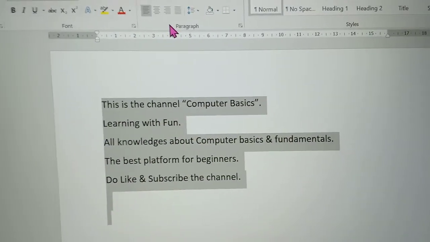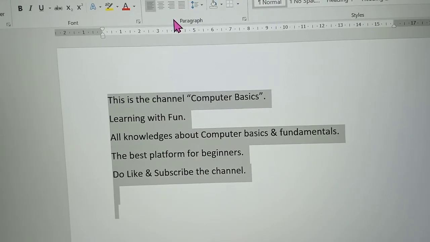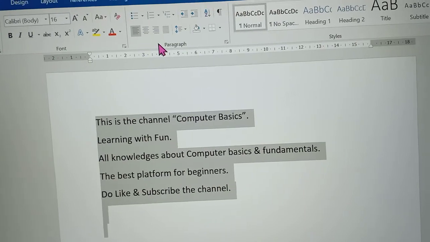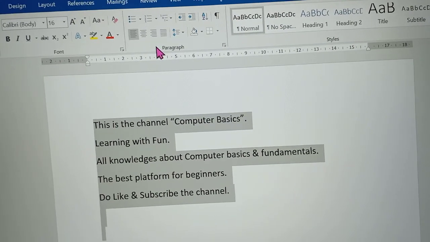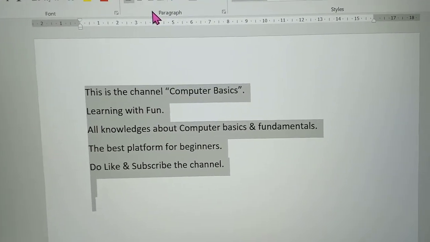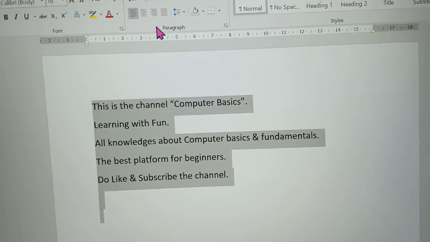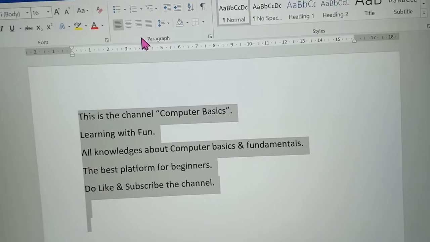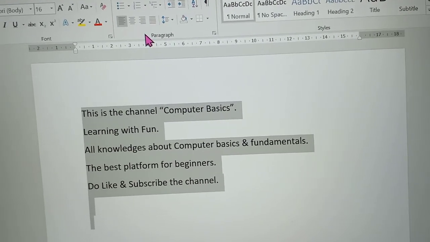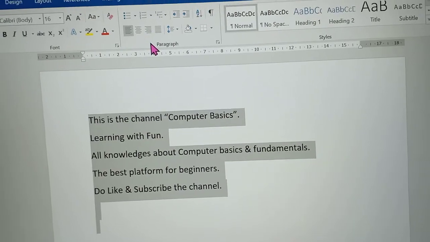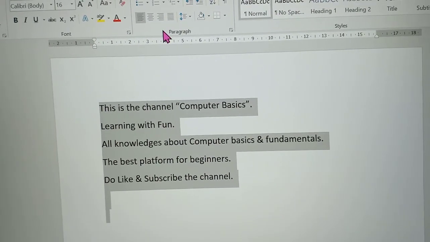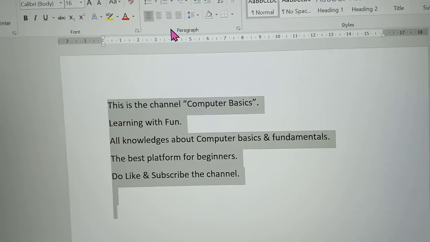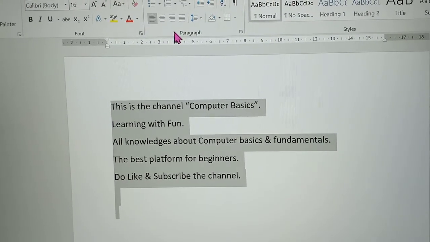For this we have some control commands also. For left align we press the CTRL key, plus L, holding the control key and pressing the L key. Then control plus E for center alignment, control plus R for right alignment and control plus J for justified alignment.